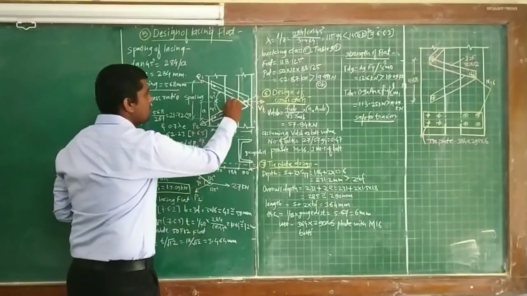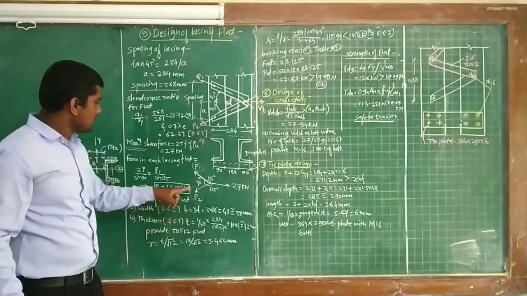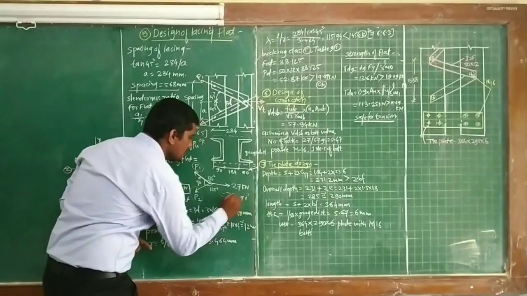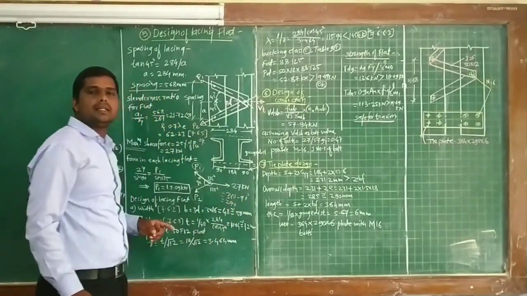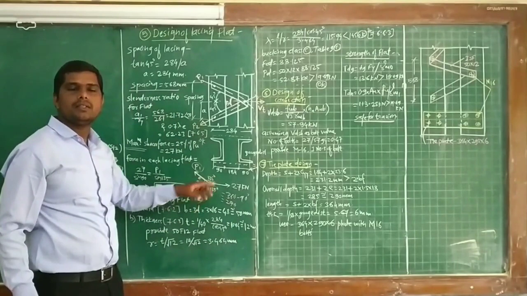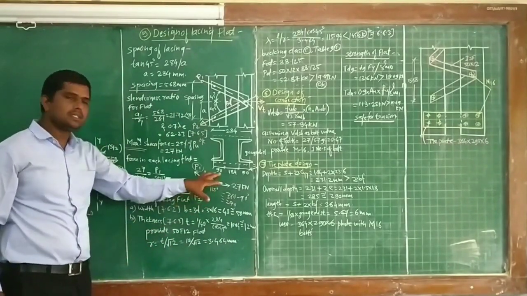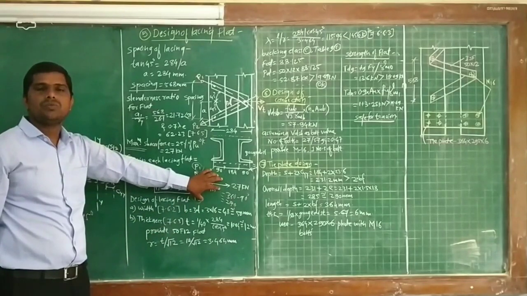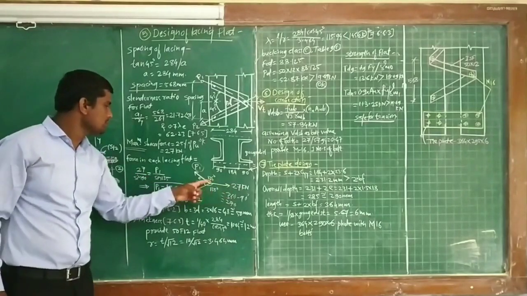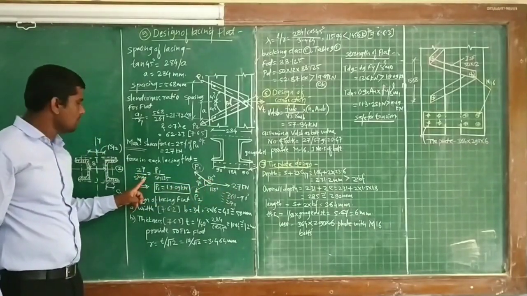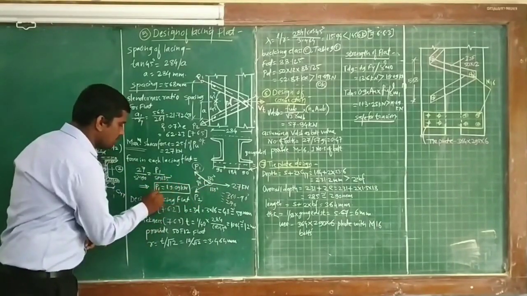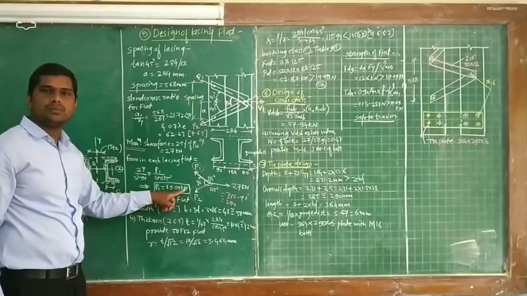And we know that the angle of inclination between these two lacing bars is 90 degrees. So if you deduct 360 minus 90 degrees, the answer will be 270 degrees. If you divide it into two parts, 135 degrees from each side will give the angle of inclination. With respect to this resolution of the force diagram, we are going to use the sine rule. So 27 kN opposite to sine of 90 is equal to P1 divided by sine of 135 degrees. So the P1 force will be 19.09 kN.